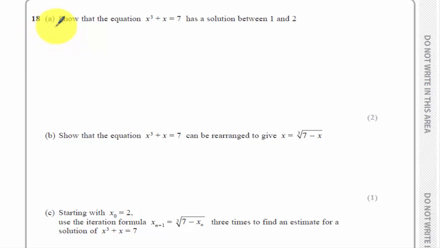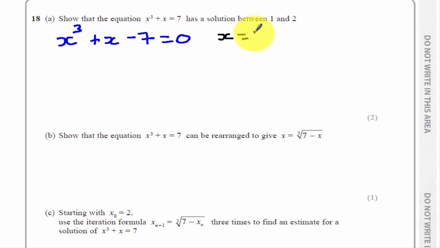Question 18, part A. Show that the equation x cubed plus x equals 7 has a solution between 1 and 2. This is normally easiest to show by setting the equation equal to 0, so I'm taking 7 from both sides, and then substituting in the values 1 and 2, because if you get a change of sign,